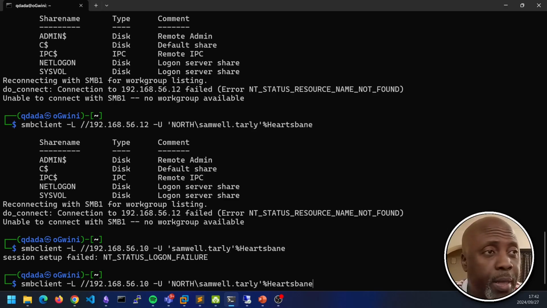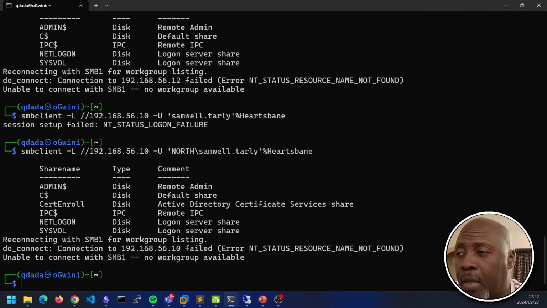And when I do that, indeed it allows me to log on and see that in fact I've got access to NETLOGON and SYSVOL. Okay, so I hadn't considered that before I started making the video.